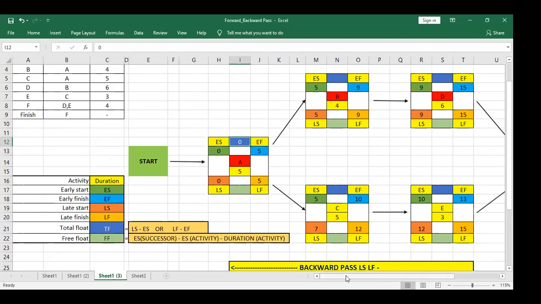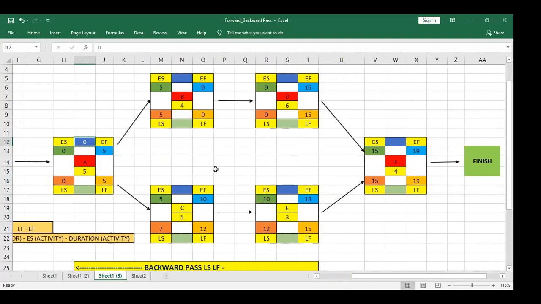Great. Let's go to the next activity. 5 minus 5 or 9 minus 9, 0. 9 minus 9 or 15 minus 15, 0. 15 minus 15 or 19 minus 19, 0.